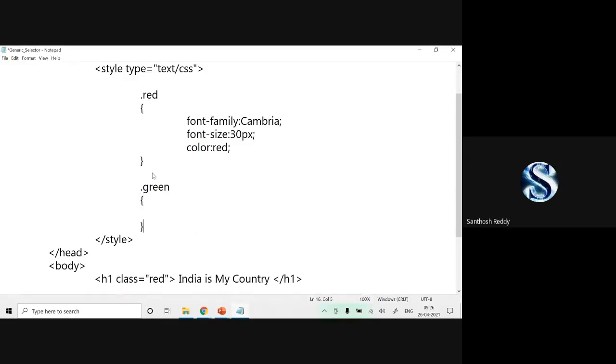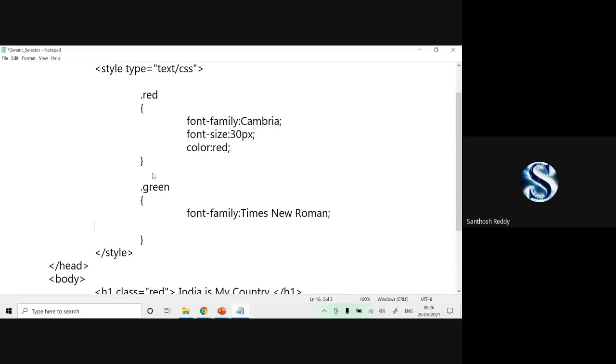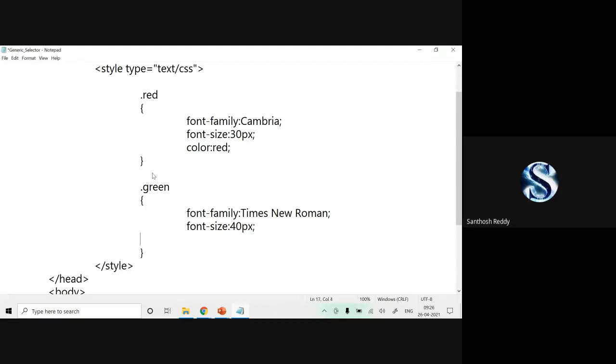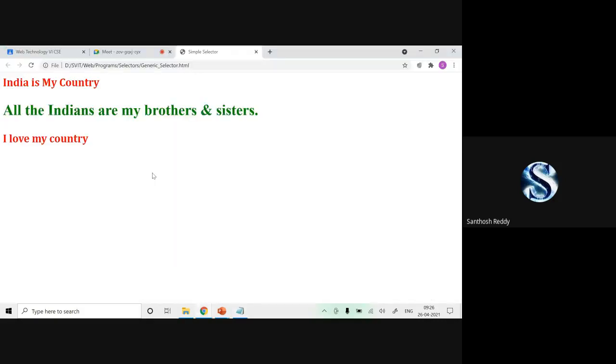Within the parenthesis, log into that font hyphen family colon Times New Roman semicolon font hyphen size colon 40 pixels, color colon green, I'll specify. Okay, save it. Go back here, run. Now it has changed. That's it.